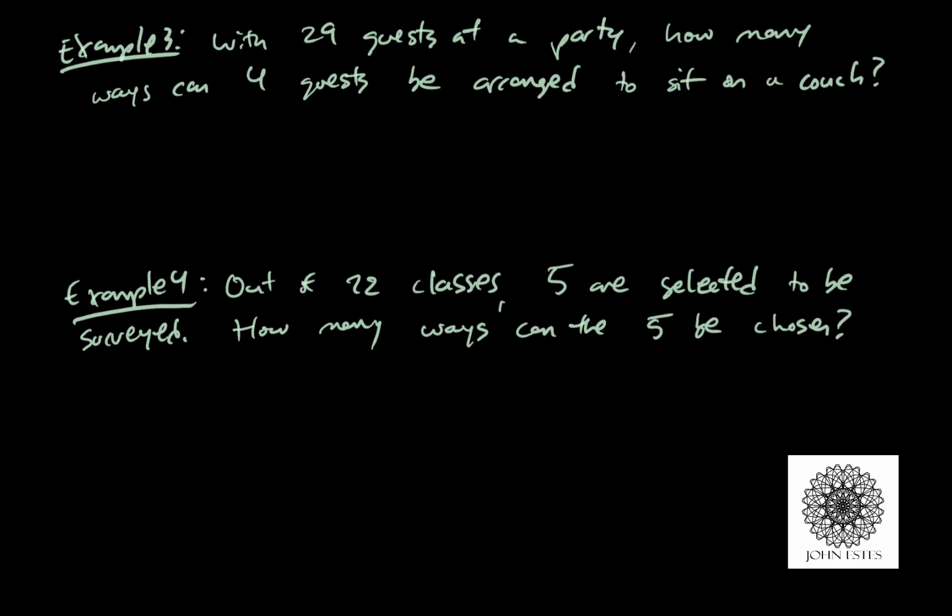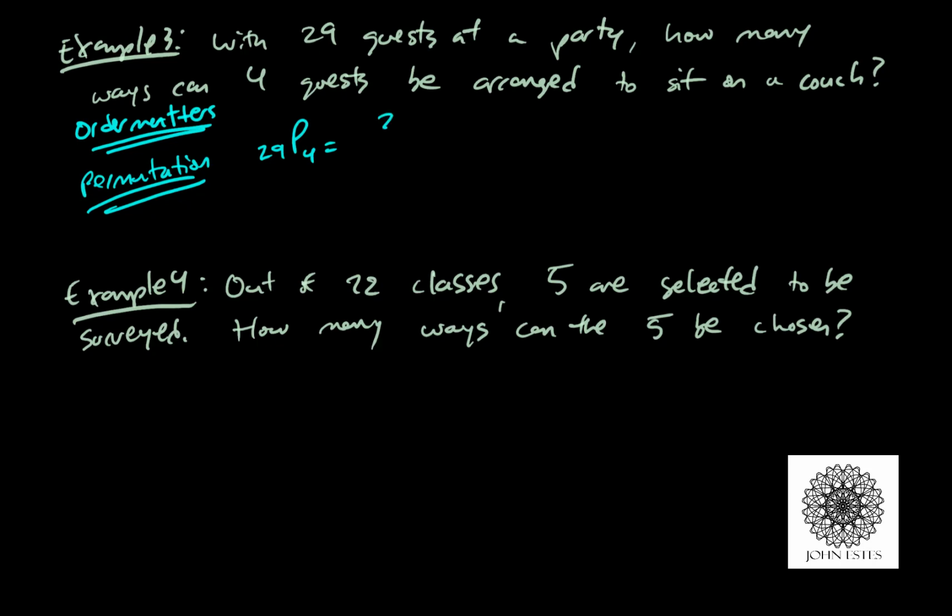So you've been at a party, and let's suppose you're at a party where there's a girl that you like, and you're trying to sit next to her on the couch, right? You better believe that order matters. When you think, okay, so with 29 guests at a party, how many ways can 4 be arranged to sit on a couch? This is definitely a situation where the order matters. That means we're dealing with a permutation. With permutation, remember, the order matters. So here, how many ways can 4 guests be arranged on a couch? We are looking at 29P4,